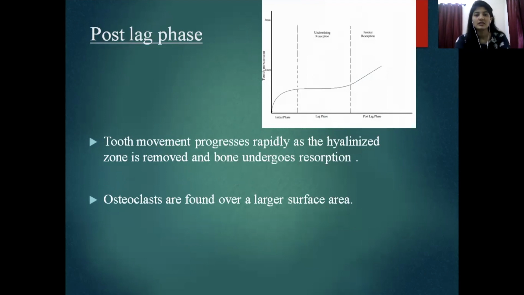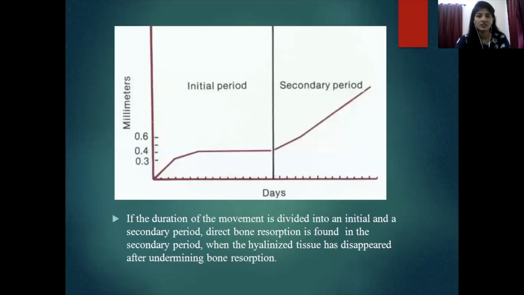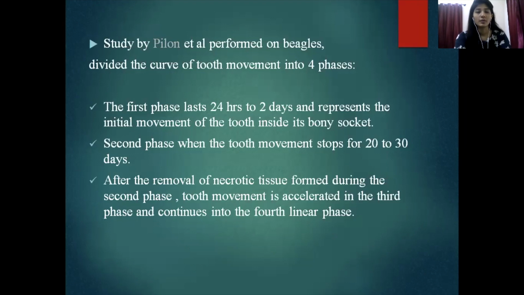The osteoclasts are found over a large surface area. If the duration of the movement is divided into an initial and a secondary period, direct bone resorption is found in the secondary period when the hyalinized tissue has disappeared after the undermining bone resorption. Coming to the study by,